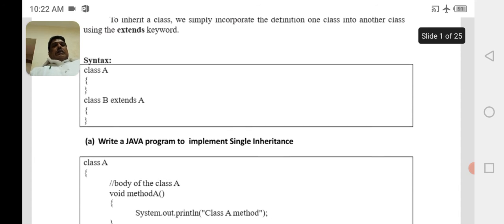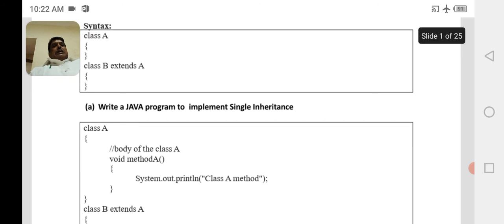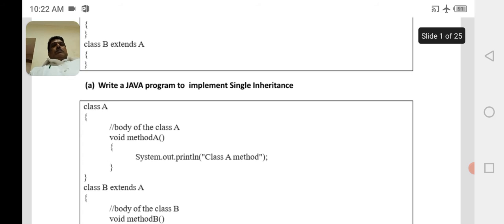Let us write a program that implements single inheritance. Class A is the superclass. It can have instance variables, methods and constructors. But in this program, the superclass has the method void methodA. Void means it will not return any value, and its body is System.out.println("class A method").